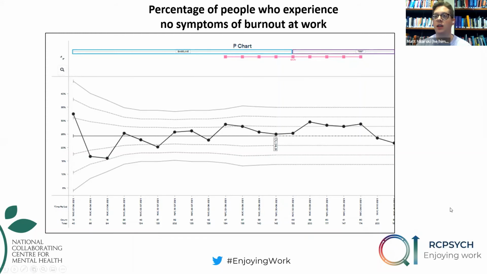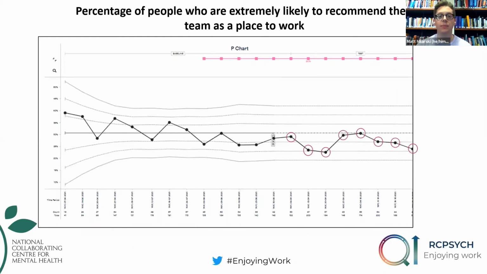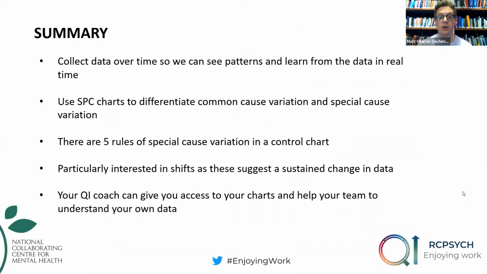And then in the next slide, so this is the aggregate data for the outcome measure to do with recommending your team as a place to work. So the percentage of people who are extremely likely to recommend their team as a place to work. And here you can see a shift in the data below the mean with 8 consecutive points during the testing phase. However, if you click again, oh no,